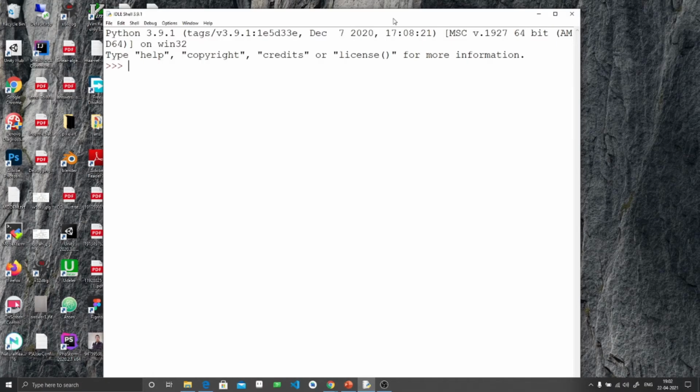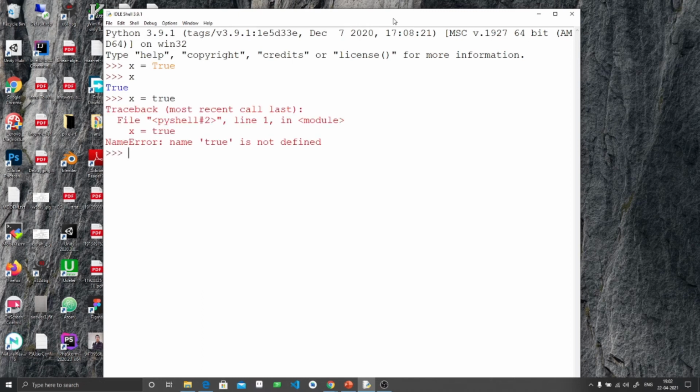Here if I type x equal to True, then it will not return anything because x contains True. Then if I now print x like this, you will get True. But if I give lowercase true like this, that I told you is not valid, it will give an error.